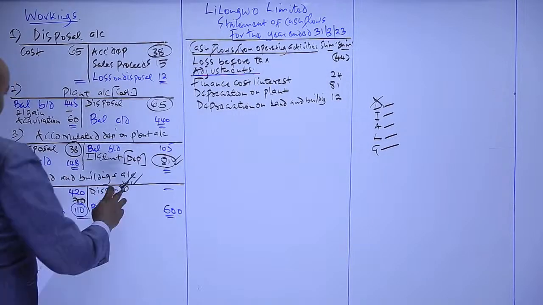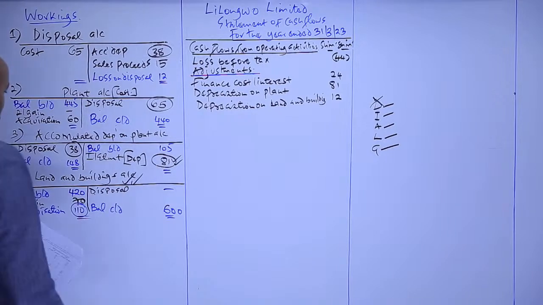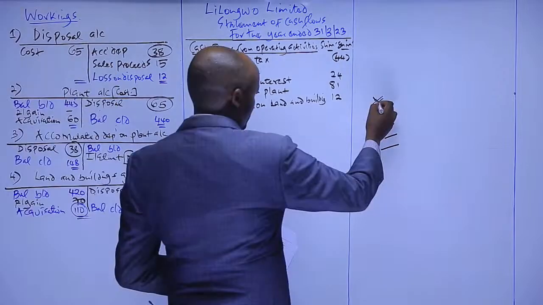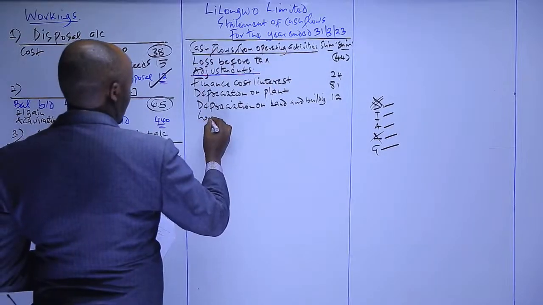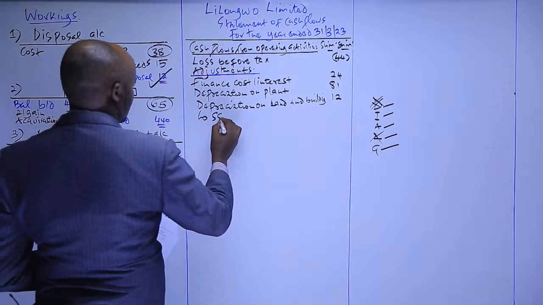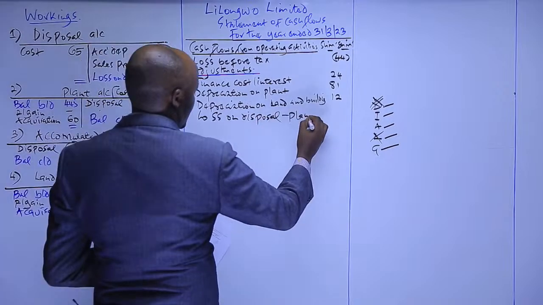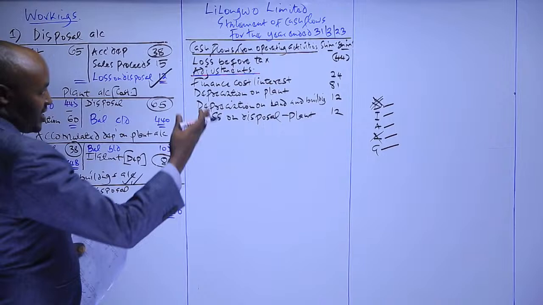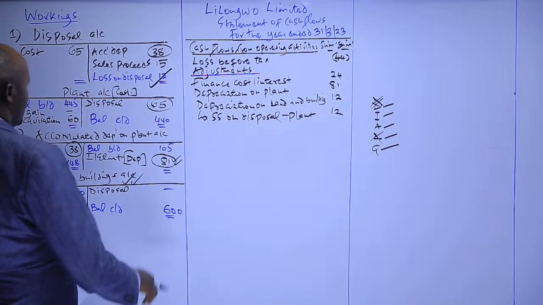So we have captured the depreciation on plant. We have also taken into account depreciation of what? Land and buildings. So we don't have any other depreciation. So what else do we have here? We also have the loss on disposal. This is the loss on disposal of plant, still an amount of 12. That was deducted in arriving at our loss there. Add it back. So I think that's what we have here.